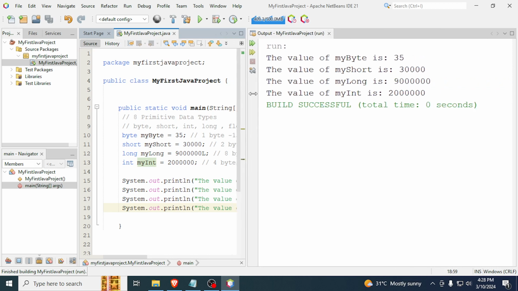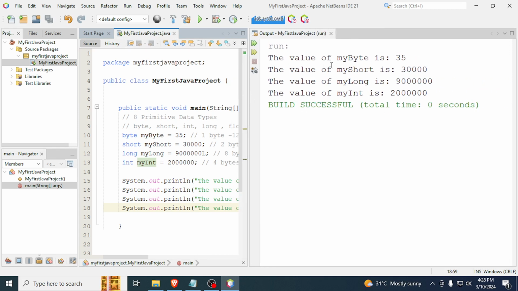If you notice, we got our output, right? The value of my byte is 30,000, and then we have 9 million, and then 2 million for our integer. Alright,